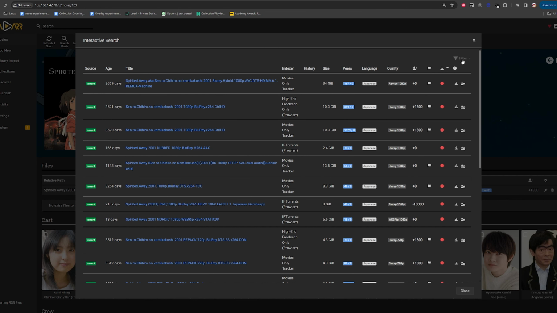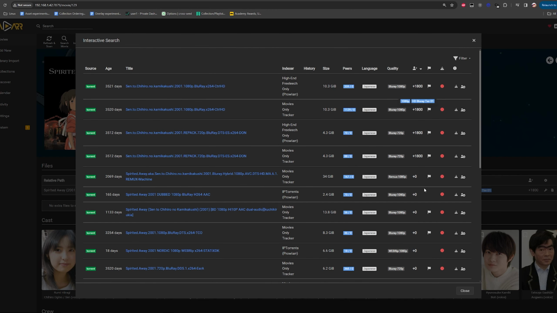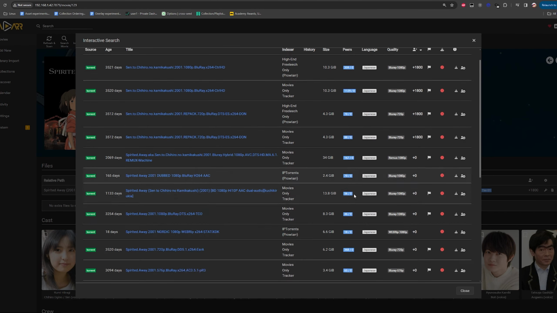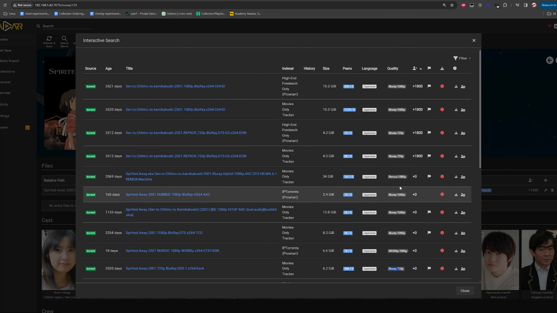One of the things I want to cover is the filters here. This is pretty neglected. It's kind of in the corner. I wish there was a color there. A lot of the times the focus tends to be in the center left here, and then you kind of forget this exists. I love this because I found myself doing a lot of, if there's a lot of these, you can kind of organize. You could be like, all right, which one can I grab? And I was going to the custom score, seeing what would happen, all this stuff. And then wondering, oh, why didn't it grab it from this indexer, but down here, oh, it's because it's a 720p, not a 1080p Blu-ray.